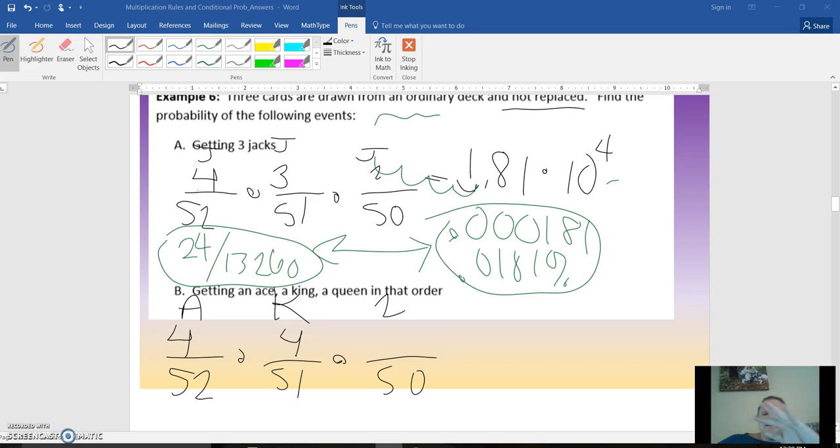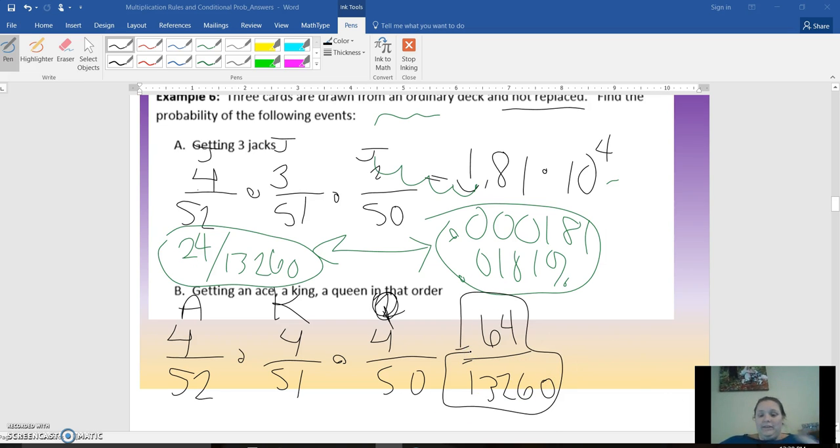We take a king out, but it doesn't affect, I don't know why I wrote 2, silly. But it doesn't affect the number of queens. So I have 4. All right, I can type all that in my calculator at one time. Or I can do it individually, like 4 times 4 times 4. And then this bottom is 260. I am totally happy with that as our fraction. It's not a huge deal that you reduce it. It does reduce 16 over